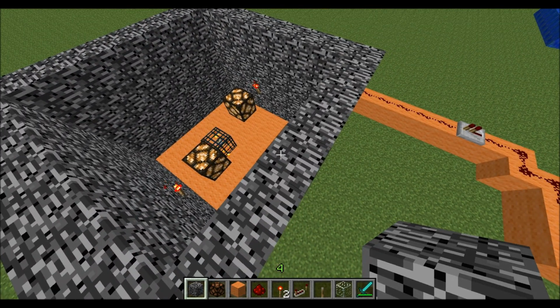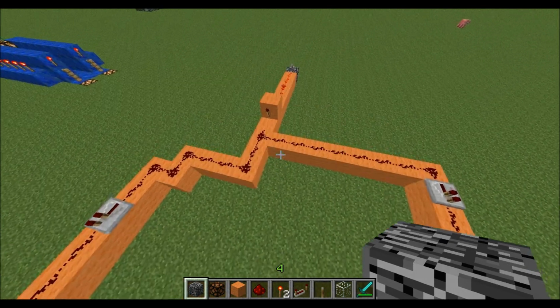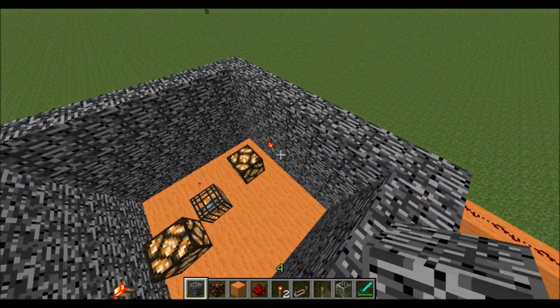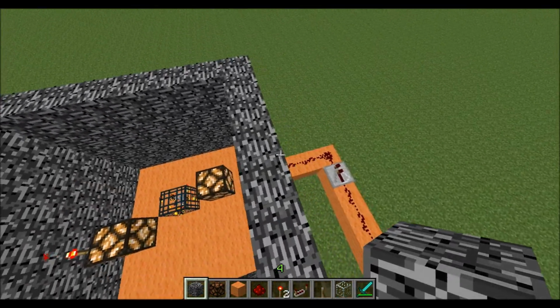I don't know why I'm getting so much lag, sorry. Simple redstone should not be doing this. But these here